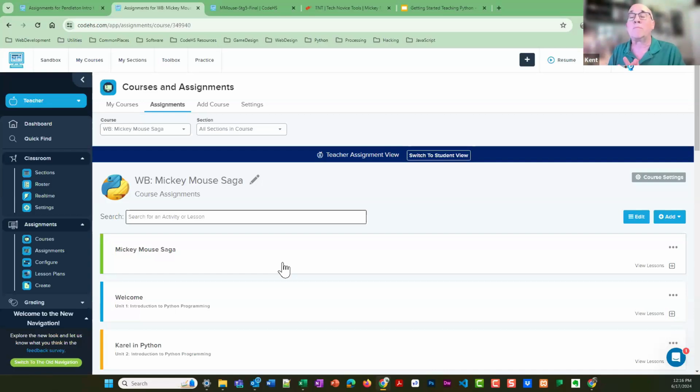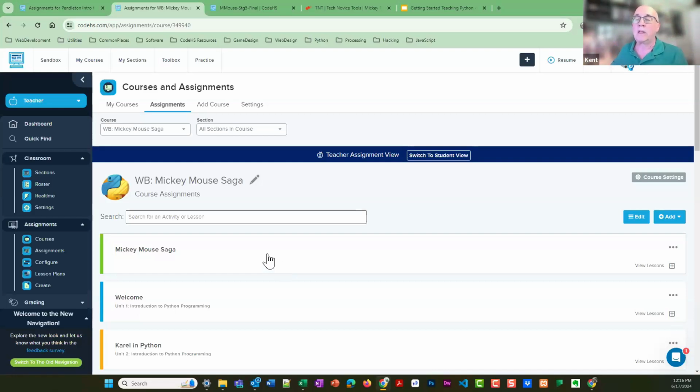And so I teach both ways. The students are working on homework individually on the side this way, and then I'm teaching them, hey, here's this idea. What do we need to develop to get that idea to work? And so hopefully those two worlds collide somewhere in the middle. And so kids can see early on how things are used before they actually see them from the baby step perspective. And so that's what I did with this Mickey Mouse saga.